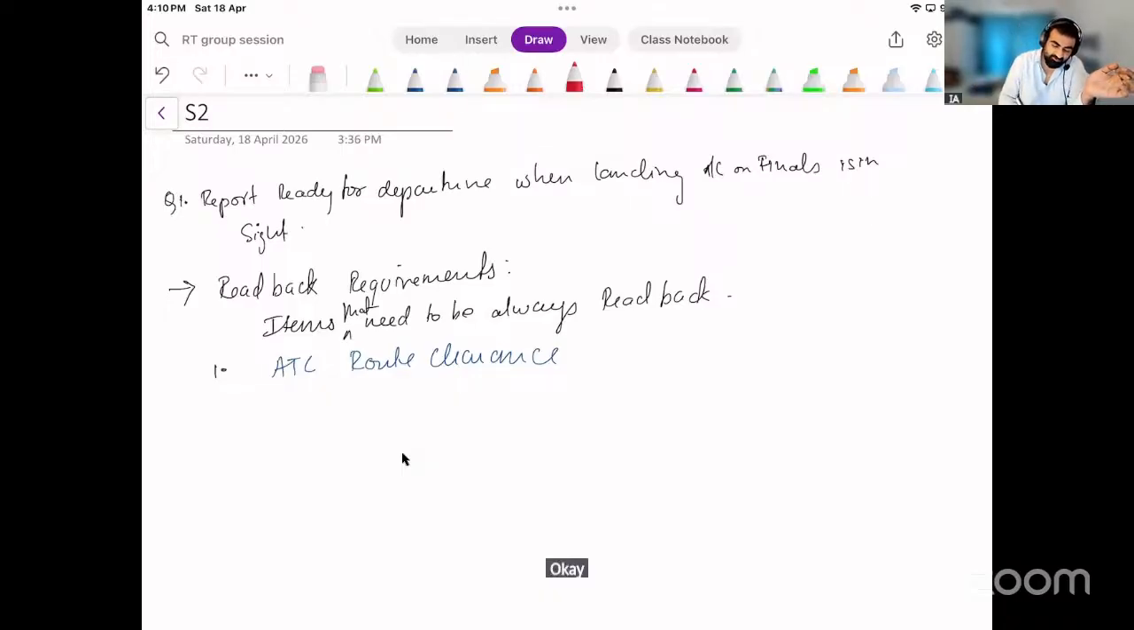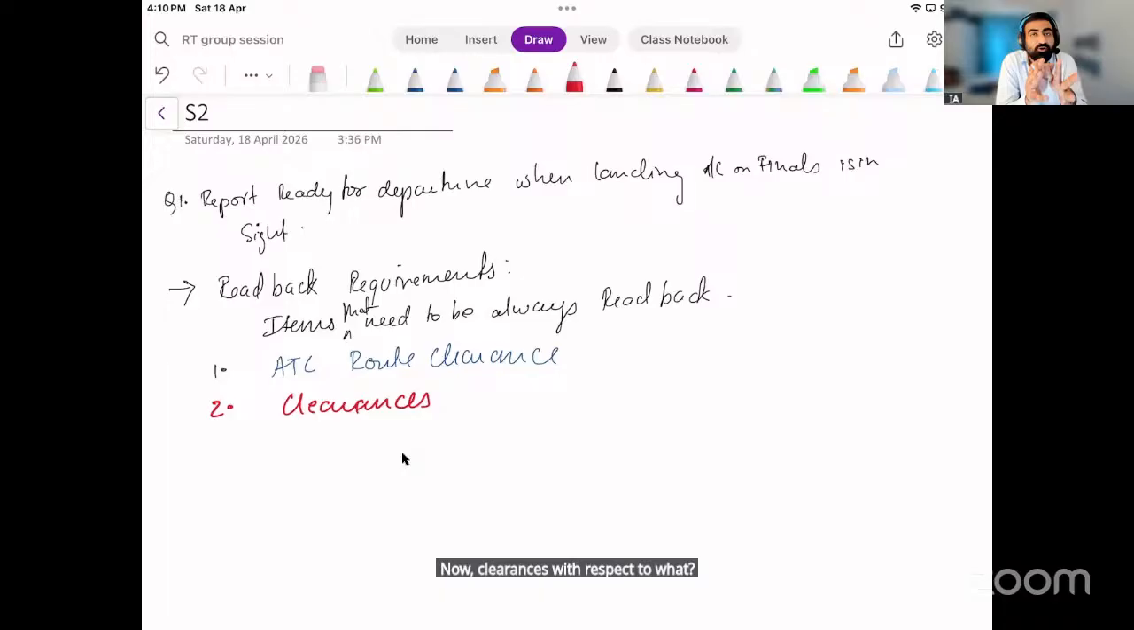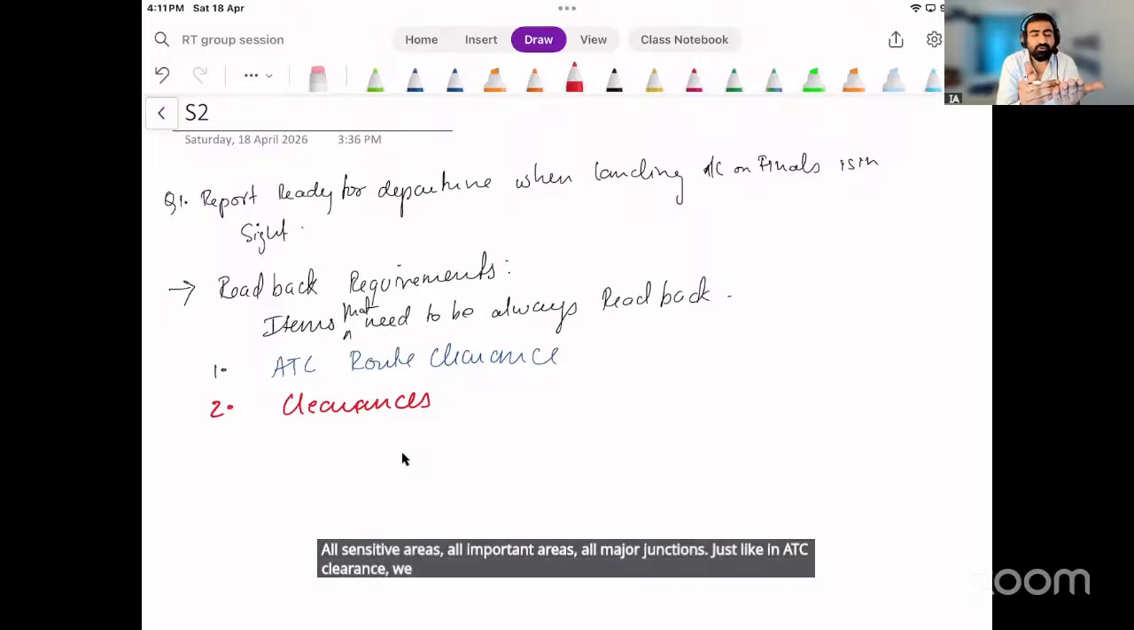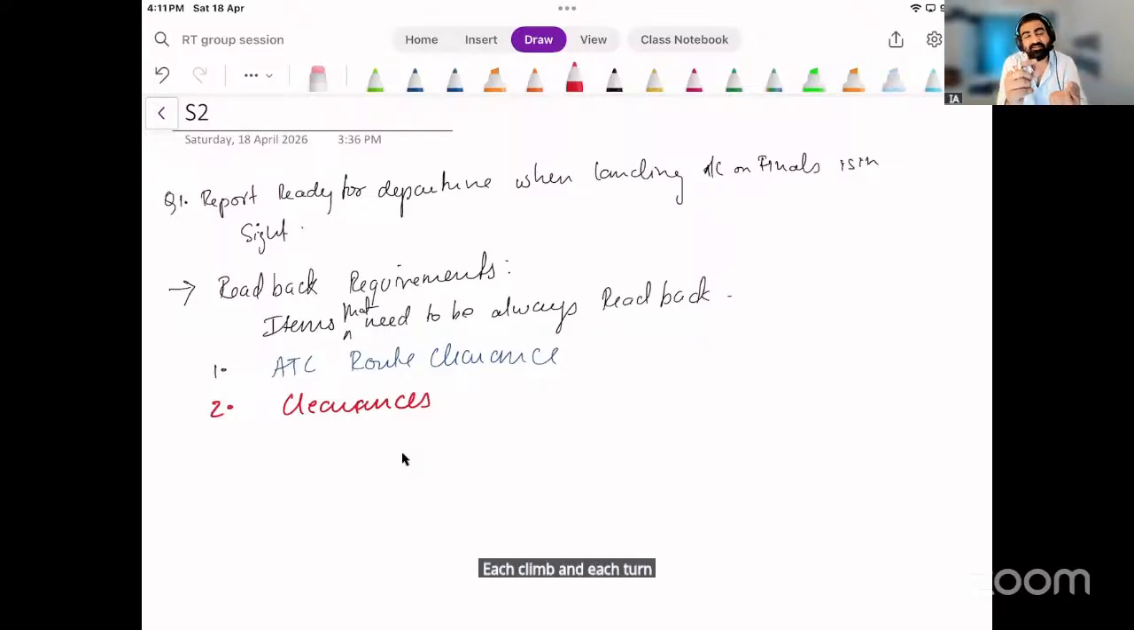Then we have a very wide aspect, which is clearances. Now clearances with respect to what? All sensitive areas, all important areas, all major junctions. Just like in ATC clearance, we learned to talk about each climb and each turn. So those are my important points. Okay. So similarly, if I say clearances, then clearances need to be given whenever you are